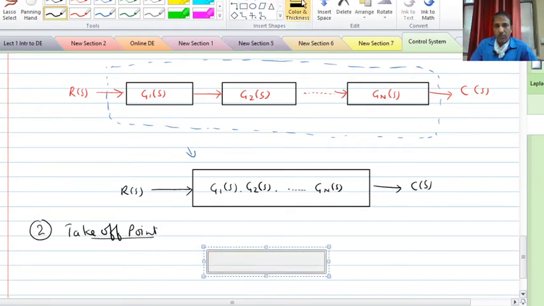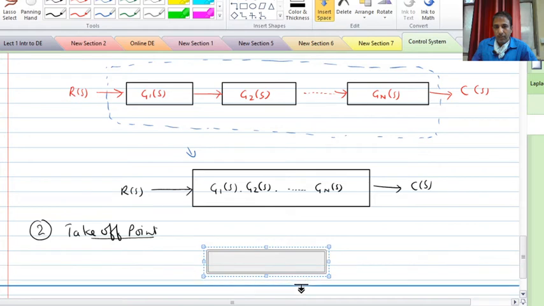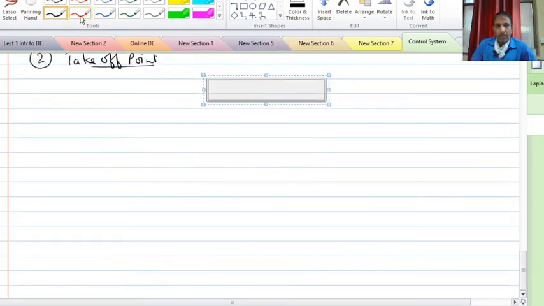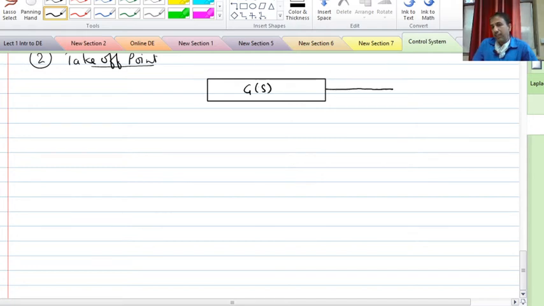Suppose there is a block here, and this block has its transfer function Gs, and here this is Cs, and this is